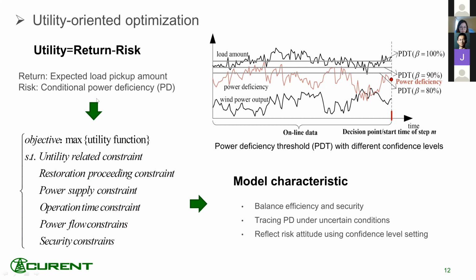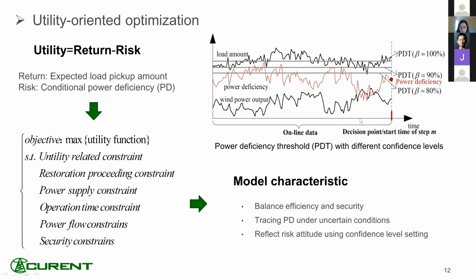So we can make a model to build the utility-oriented optimization model. And applying this model, we may have a good balance between the efficiency and the security. And we can always trace the power deficiency under uncertain conditions. And it can also provide the ability to reflect the risk attitude of operators by setting different